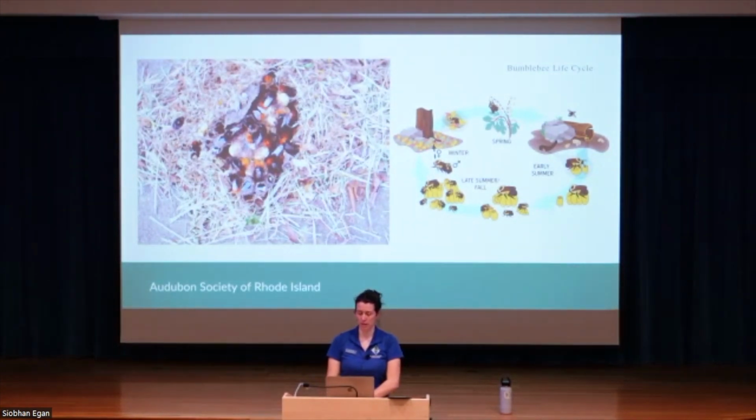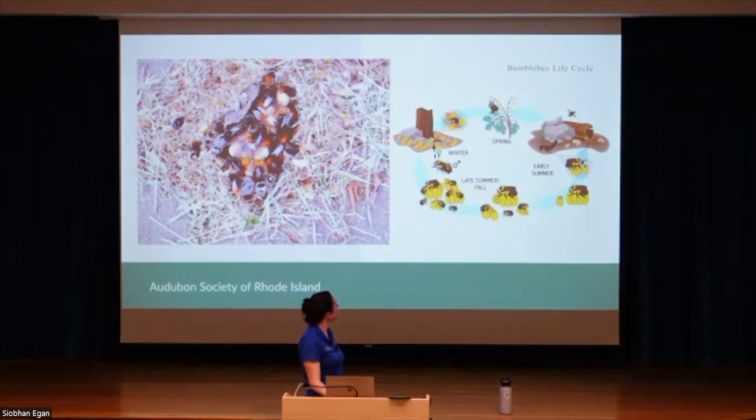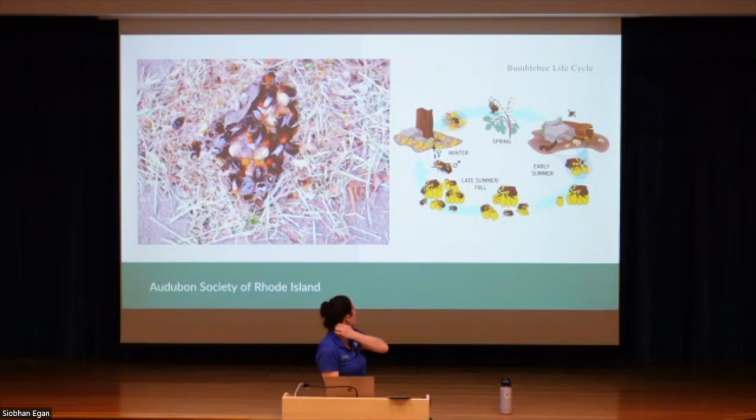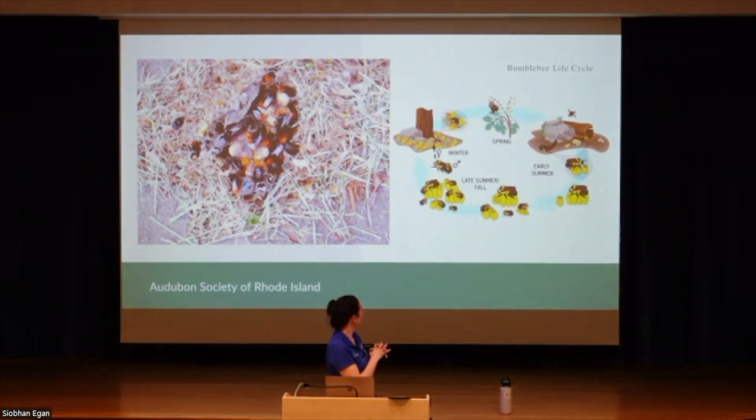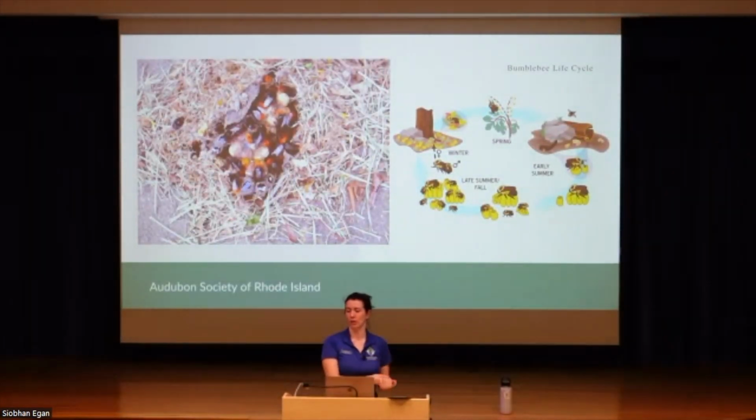So here are some bumblebees. This is a bumblebee species from England, this picture, but they have a very different kind of system, a different life cycle than you might think. The queen comes, she mates in the fall, and then she goes into hibernation. And then she comes out early in the spring because bumblebees come out earlier than other bees